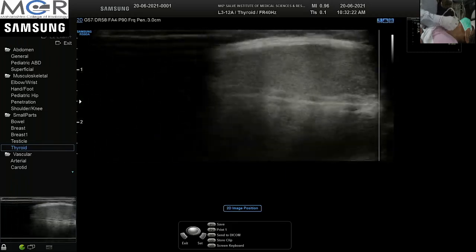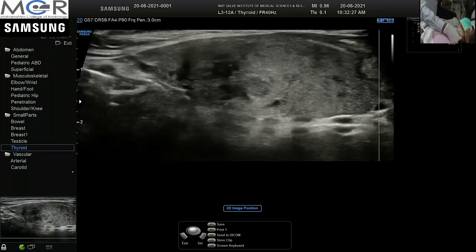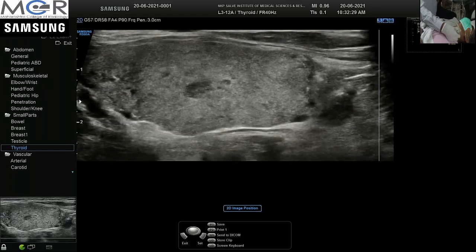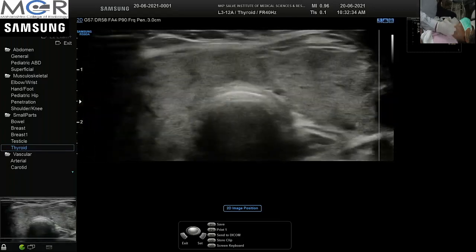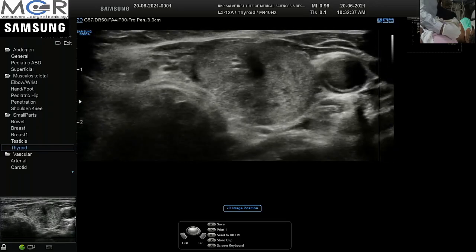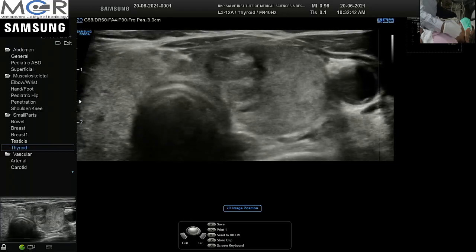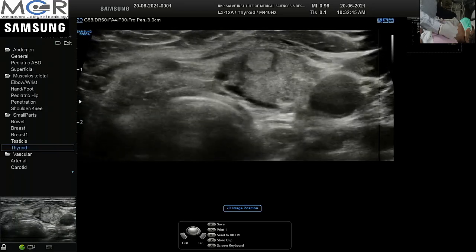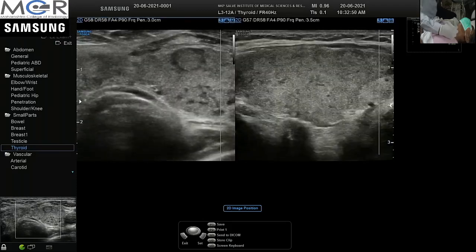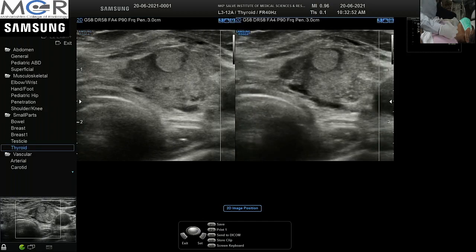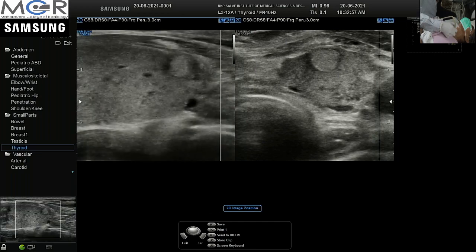And if we go longitudinally on the other side, you can see here there is one lesion here and there is one lesion here. So the patient has generalized enlargement of the thyroid and there is one nodule here. This nodule is almost at the upper pole of the left lobe and the other hyperechoic nodule is at the lower pole. See the difference between the two nodules. This nodule is small, very well defined.